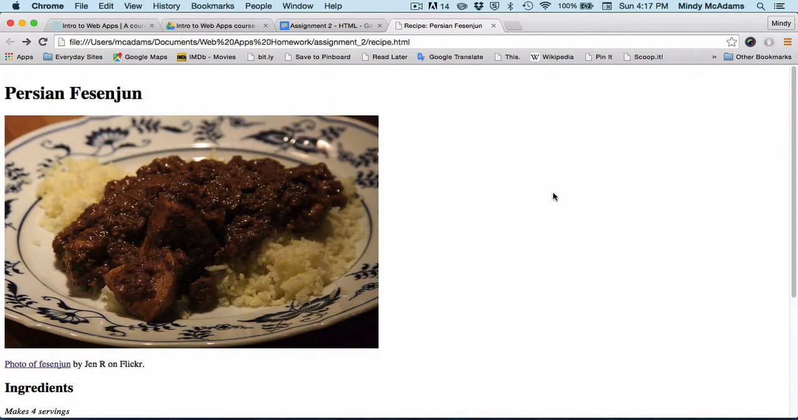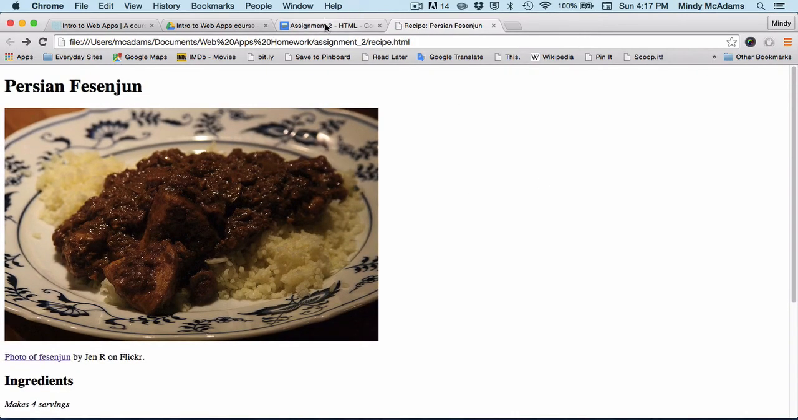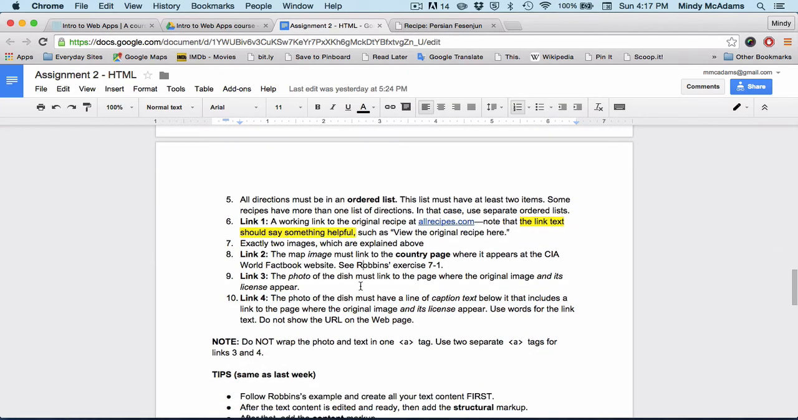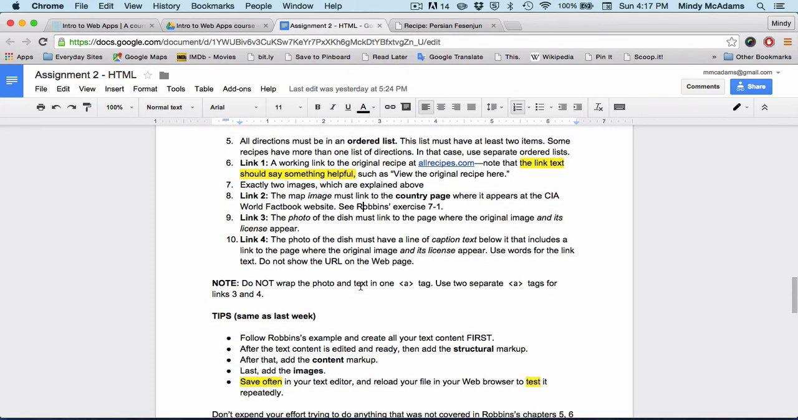All right, almost done. What's the last thing we have to do according to the assignment? We need another link. And I have done these links out of order, but hopefully you can follow that because you're all pretty smart, right? So link number 2, because there's 4 links altogether, I have only made 3 links. I have linked my photo of the food. I have made a caption that also links to the photo of the food. I have linked to the original recipe, and now I need one other link, and that is a link to